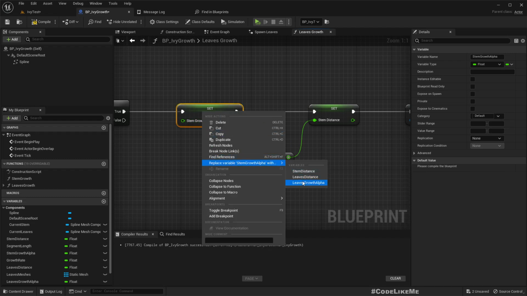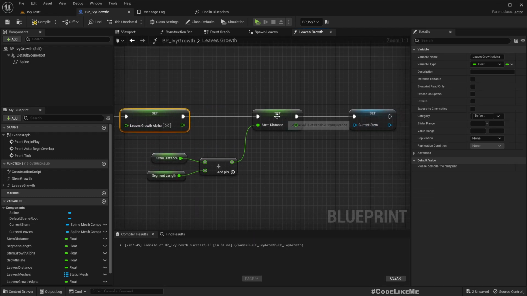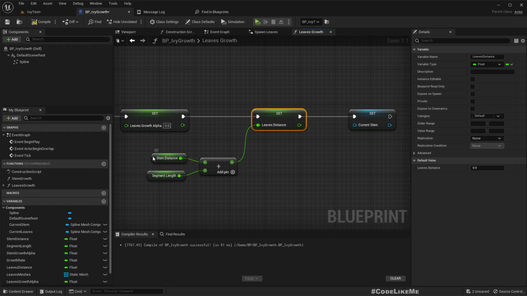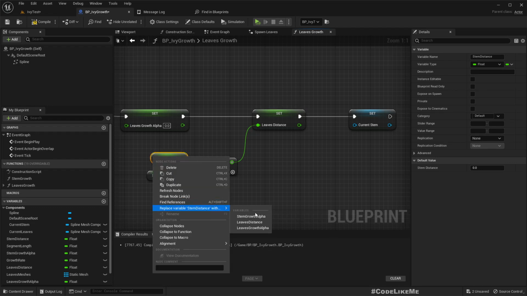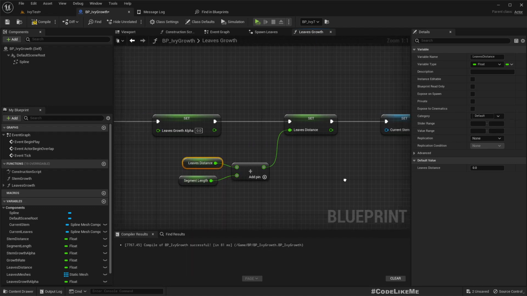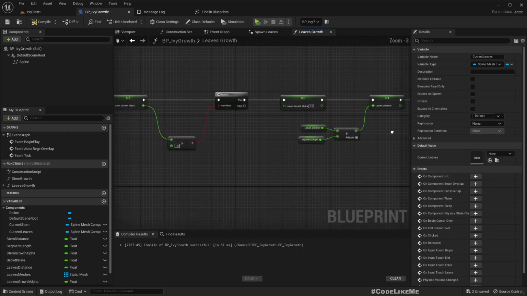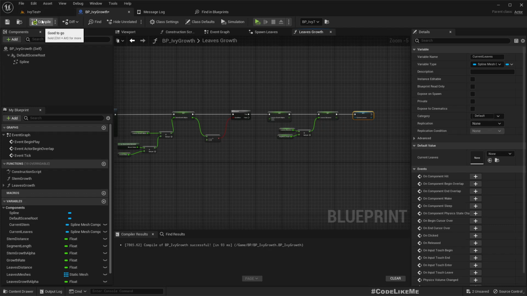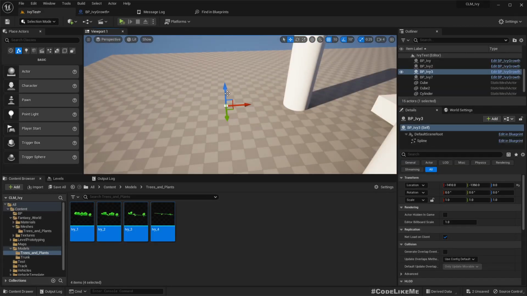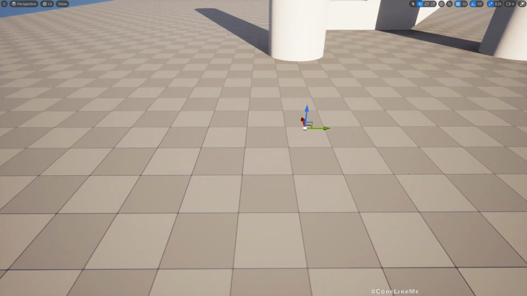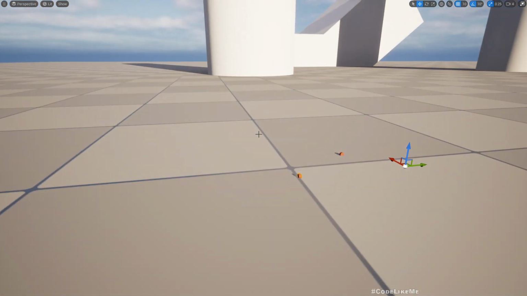This one, leaves growth alpha, leaves distance, current leaves. So okay, now we should have something. Wait,